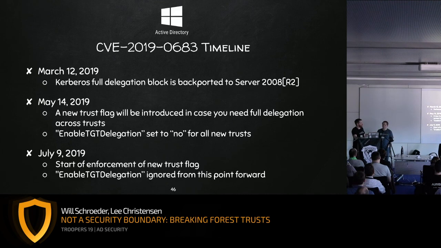Once this flips over in July, any updated DCs will no longer be vulnerable to this particular attack and this particular issue, unless they explicitly went in and enabled full delegation across TGTs across forest boundaries. Based on some of the admins and some of the environments we know, I doubt many people are really going to need that or realize that they might even need it. So this is a way for them to say, all right, we're doing the right thing and giving you a window in case you need this functionality, but then we're flipping the switch and this whole bug class will be dead. So to their credit, they're breaking it. They're going to stop the attack. But until then, it's still going to work. So enjoy it while you can.